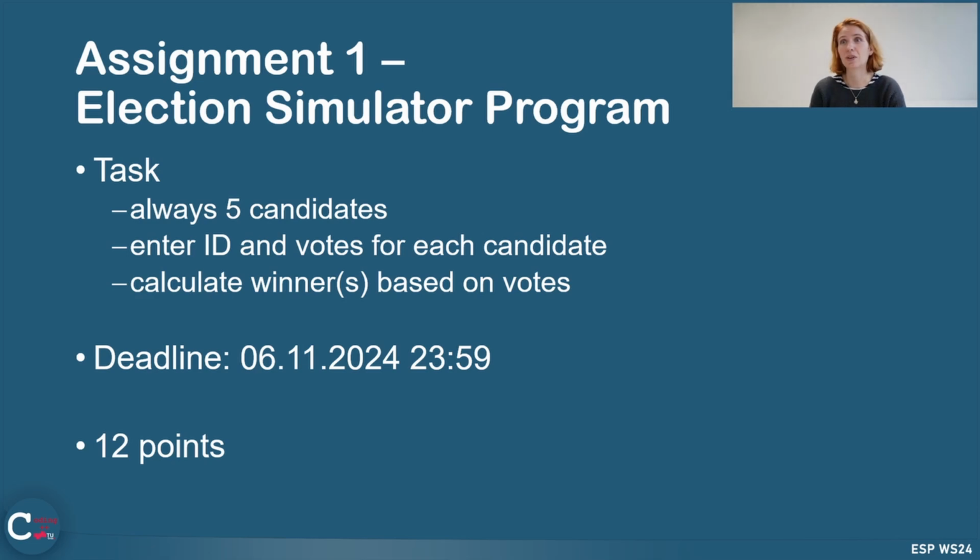Assignment 1 is called the Election Simulator Program, and your task is to implement a program that has 5 candidates, and for each candidate your program needs to take a user input as an ID, and then the user can input votes for each candidate, and in the end your task is to calculate who wins this election and print the results. The deadline for this assignment is on the 6th of November 2024 at midnight, but please hand it